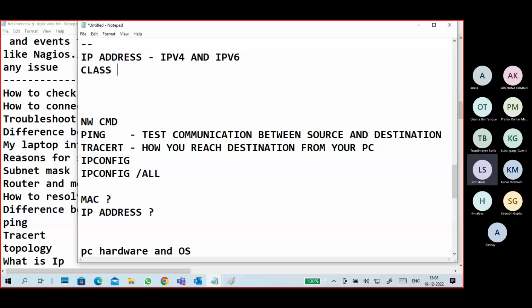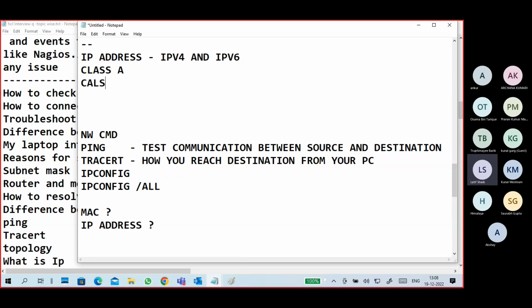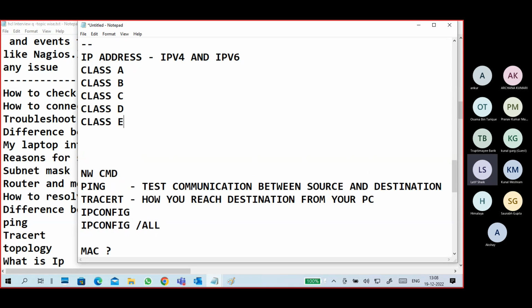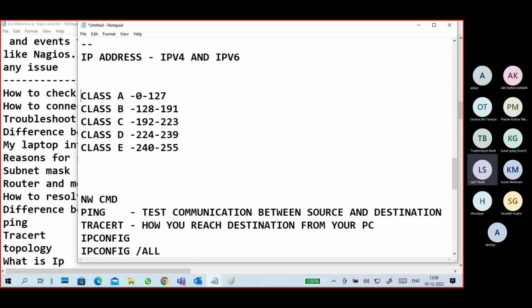In IP addresses, we have to go with the classes: class A, class B, class C, class D, class E. The ranges, at a very basic level, are 0 to 127, 128 to 191, 192 to 223, 224 to 239, and 240 to 255. These are the IPv4 classes.